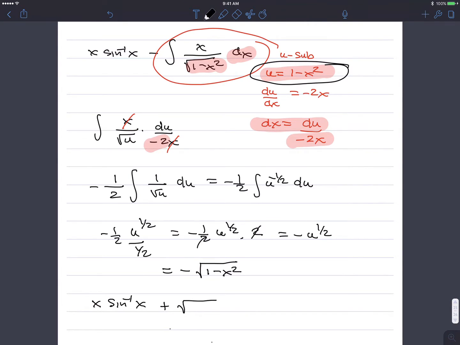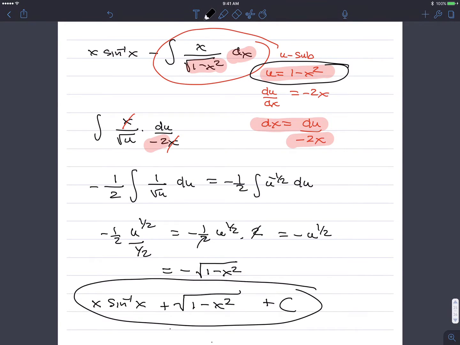Plus the square root of (1 minus x squared) plus c. That was 13. Let's take a look at